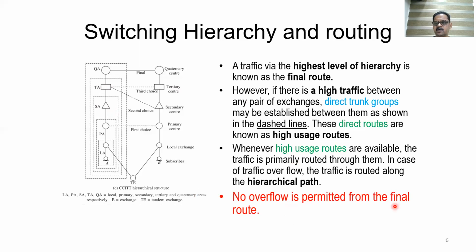No overflow is permitted from the final route. So traffic should not overflow beyond the final route. Beyond this, there is no other route available. So we have to design the network in such a way that in the worst condition, the connectivity should happen at QA level. So for example, we can consider this QA as the